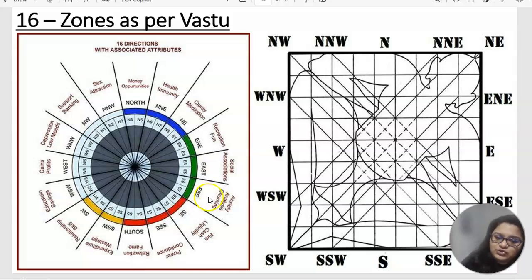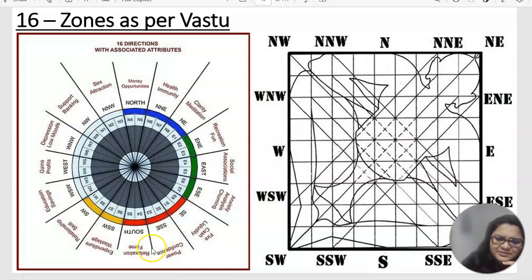Again from the east zone, let's take another 22.5 degrees. This becomes the east southeast. This deals completely with anxiety and the churning aspect, and this is the attribute related to this zone. From here we go to the southeast zone. This deals with the complete fire element. So fire, clash, liquidity, anything related to the planet Venus, woman of the house, all are related to the southeast